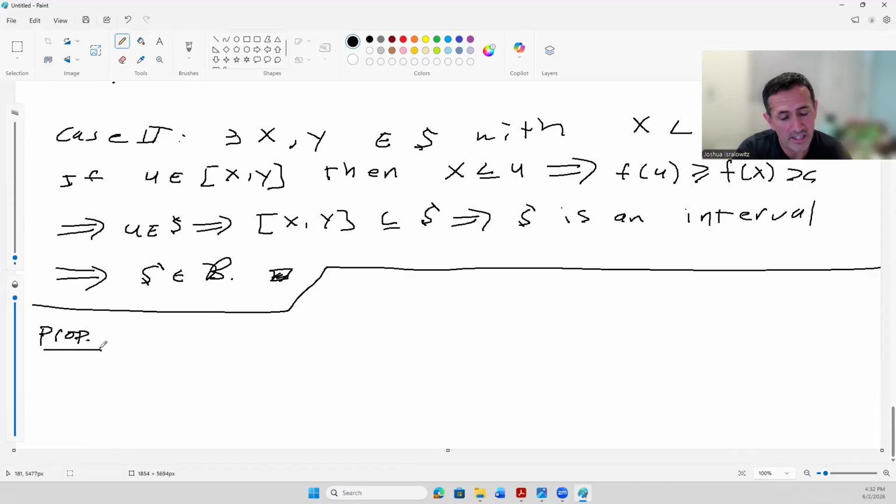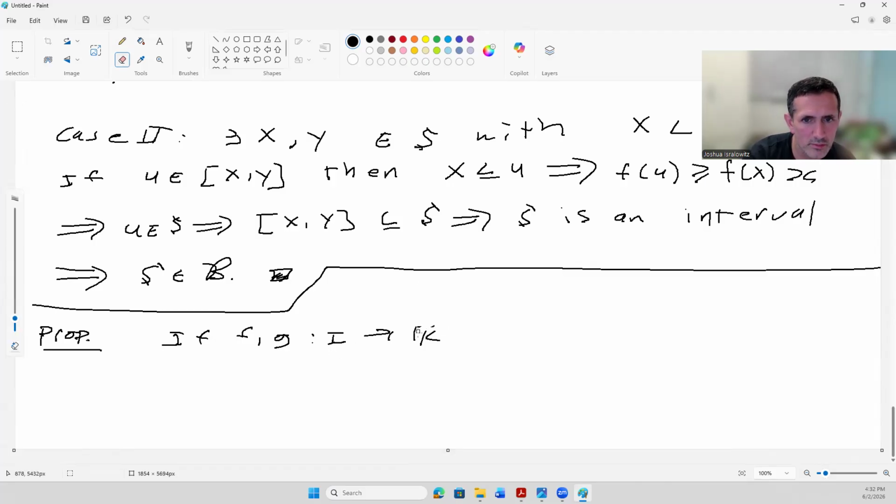We're not going to be asking the same question, but in a practical sense, the proposition is: if f and g are functions on the real line,